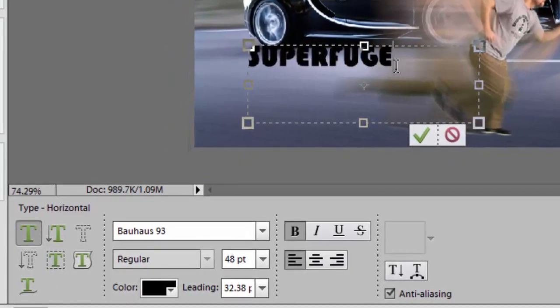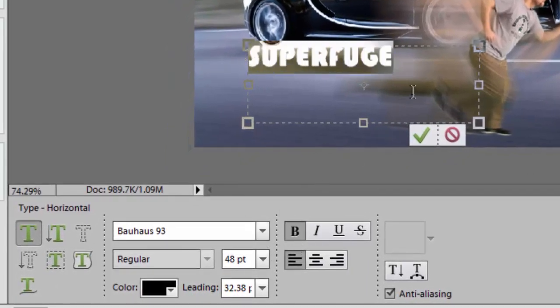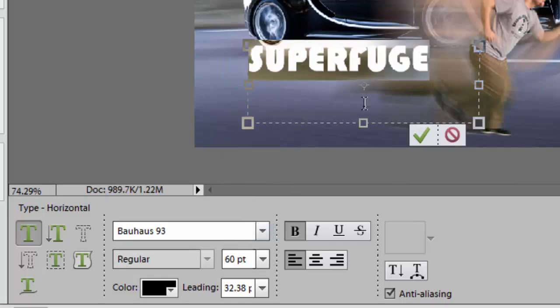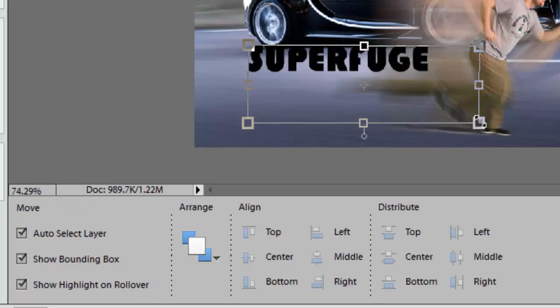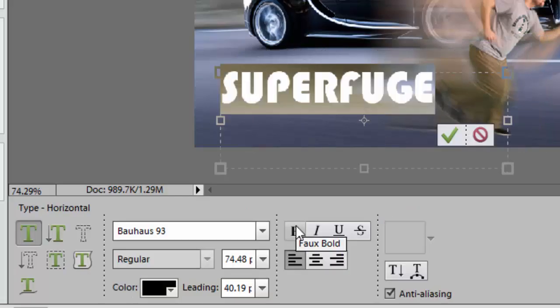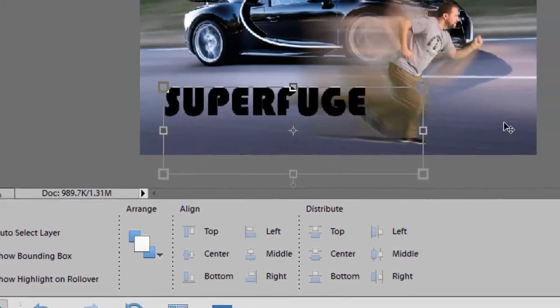And you may need to adjust the size. You can do that by dragging the mouse over it to select it and then change the size down here. Something around 48, 60, or 72 is probably a good size. You can always increase the size just by grabbing the corner and stretching it out, just like with other parts of your image. Now that's a pretty boring title, so to make it look a little bit nicer, we can